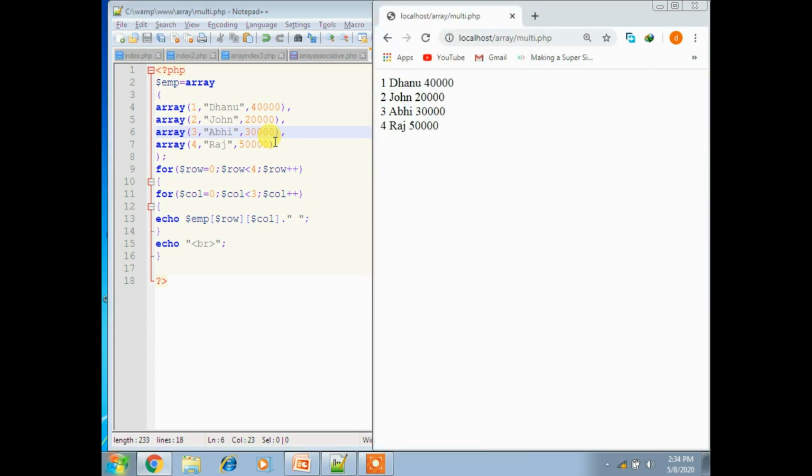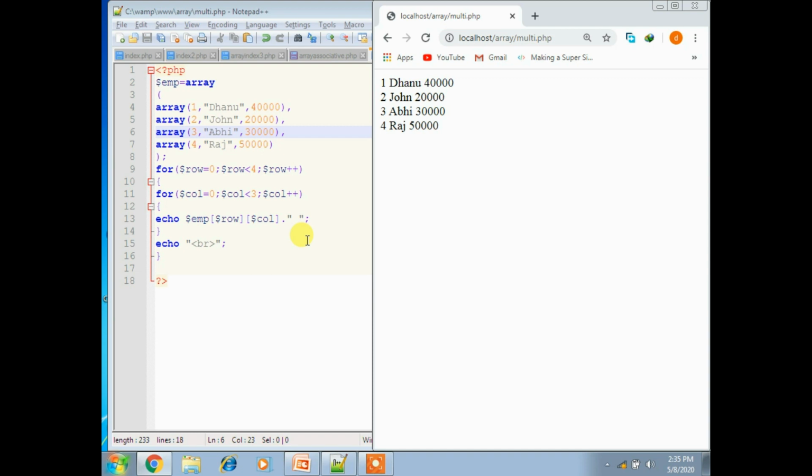Now it has 4 different names I took, that is Danu, John, Abhiraj, like that, and it has index values 1, 2, 3, 4 in a tabular format. So now the values will be displayed for each column. Here the columns are 3 and the rows are 4. This allows you to store tabular data in an array. It can be represented in the form of a matrix, represented by row into column. So this is a simple method, a multi-dimensional array.